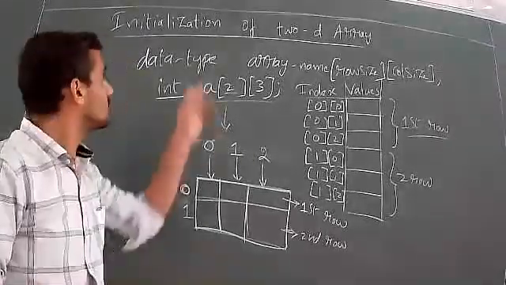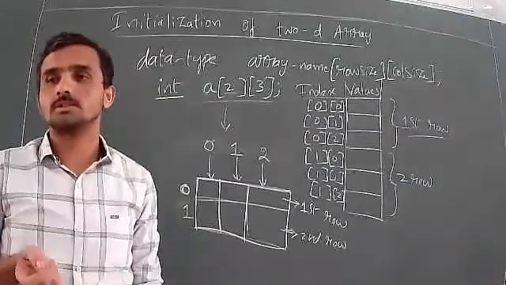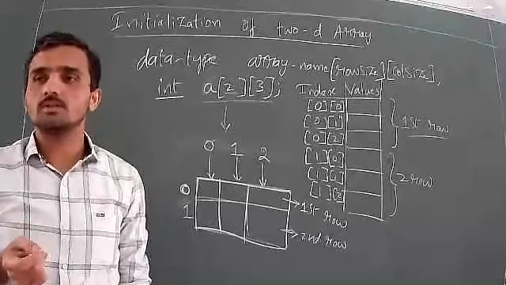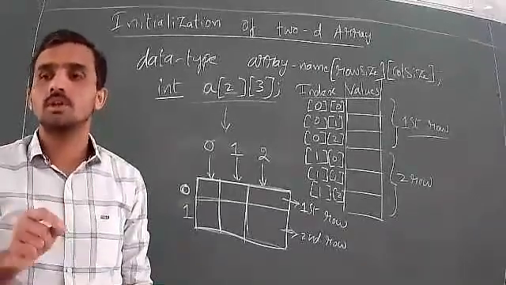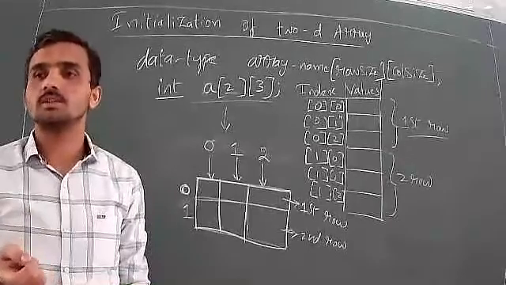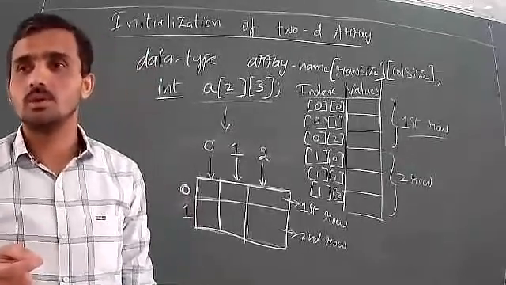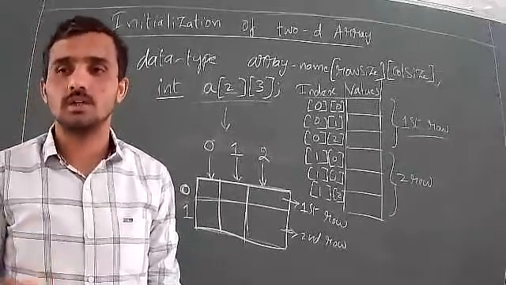So we will move to the initialization process. Initialization of a variable or an array is nothing but when we declare the variable or an array, at the time of declaration we give the values, or immediately after the declaration statement we give the values. We can say that is initialization: giving an initial value to the variables or an array before we use them in the program.